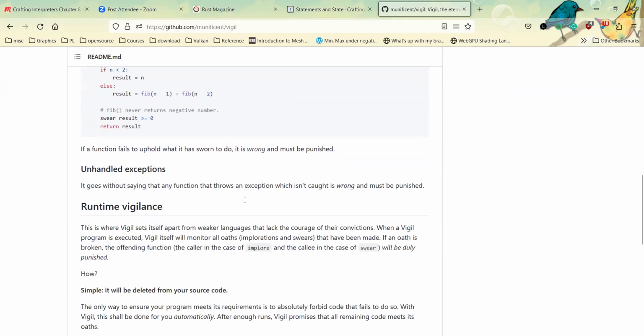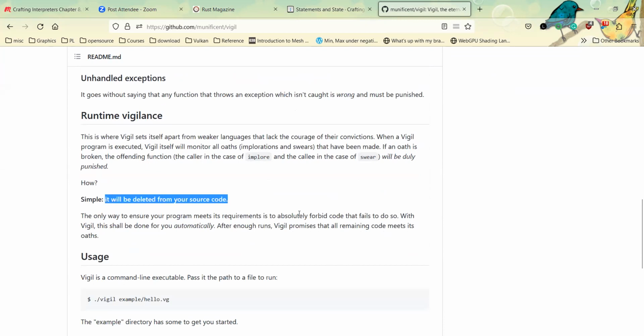Yeah, but it's funny how he's using all of these implores and swears, but he's not adding type annotations. I feel like that's the first place to go. I think this was just a joke language for a quick weekend. It's got 2.7 thousand stars.